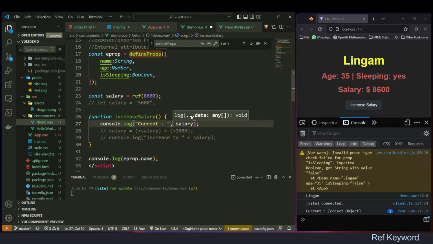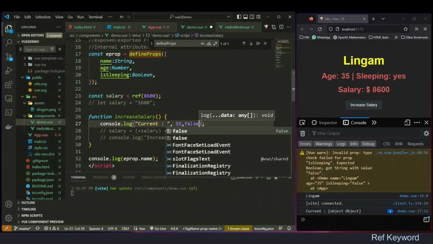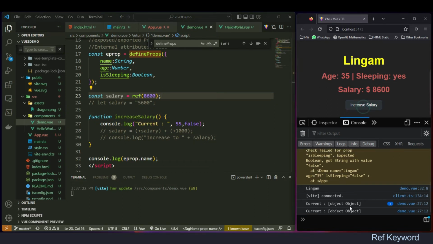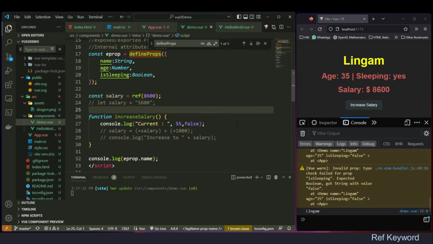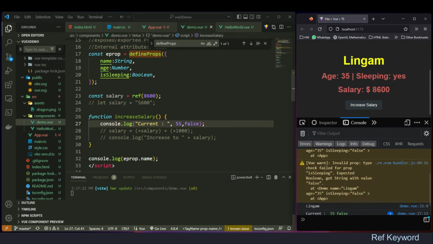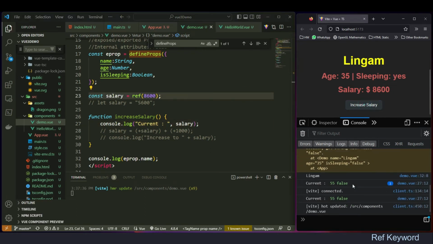So you are anyhow, the log is a spread operator, which means that whatever you give, everything will be logged, like first is a string, and let's say you give 55, and then again you give false. Whatever you give with a comma, it's a spread operator. Everything, all the array object will be logged, something like this. If I save this page, refresh and press this, you could see 55 false. So we need something like this. Instead of that, if I save salary now and see this, this should give me,